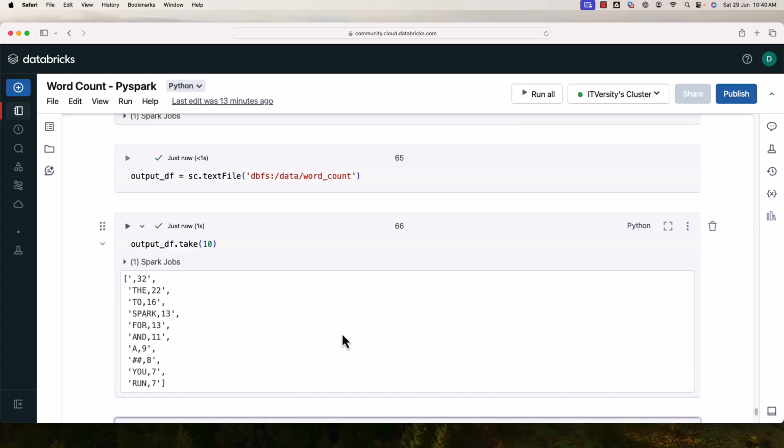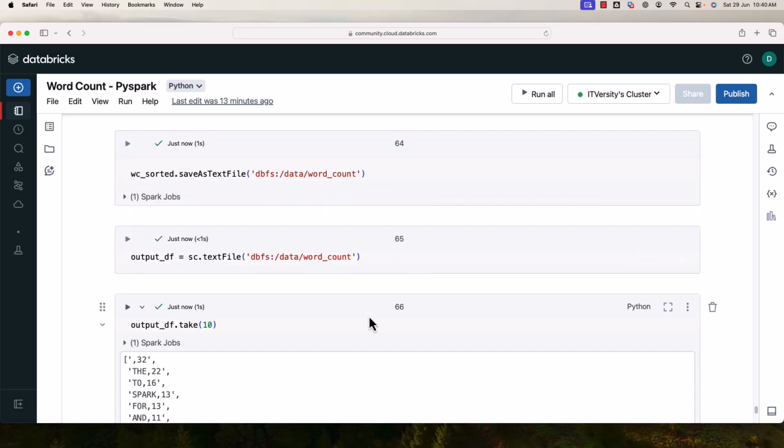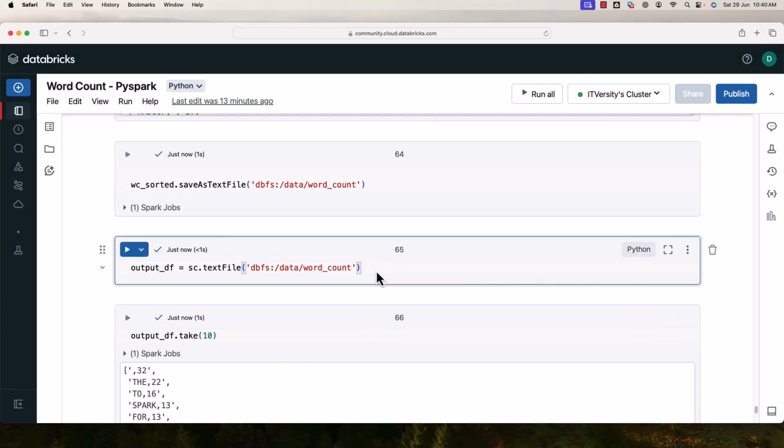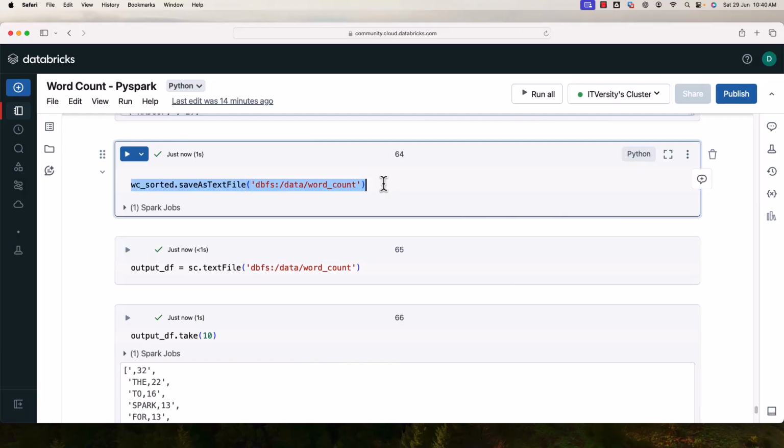Here we have not only covered how to write data into the files, but also how to validate whether data is written as per the expectations or not. By default, when you attempt to run this again, it will fail. You might have to delete this path and run it again if you want to validate multiple times. You can use the %fs rm command to delete a folder, and then you should be able to run this piece